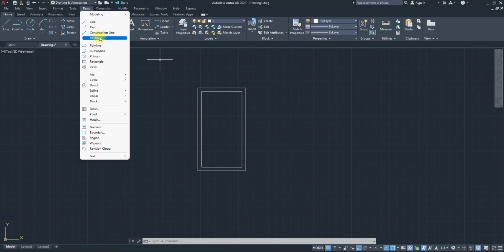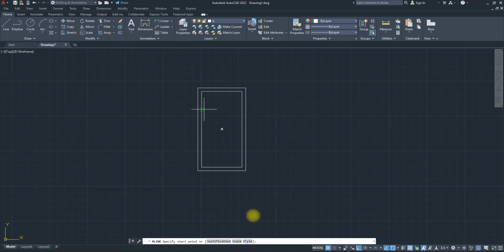So if we come to multi-line now, if I click on multi-line, you notice we have options. It's telling me to specify start point, end point. But before we start specifying the start point and end point, we can set our justification, our scale, and our style. The scale is what gives you the distance between the two lines. So if you want to use it for architectural design, that means if you know the thickness of the wall, you can just put the thickness here. While you're moving, that thickness is kept for you,